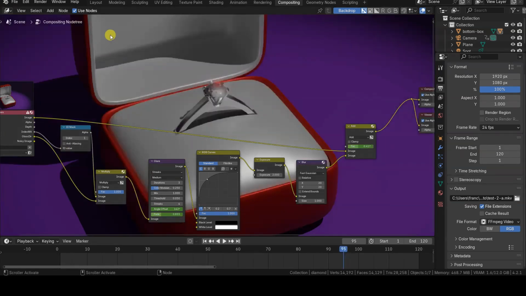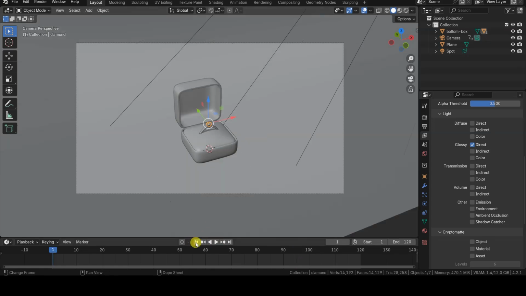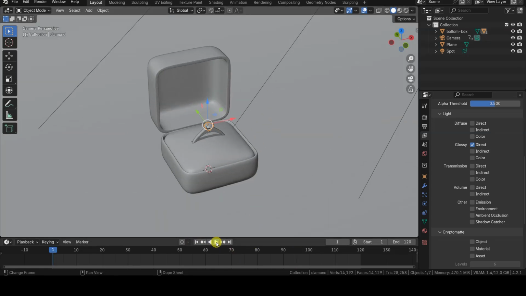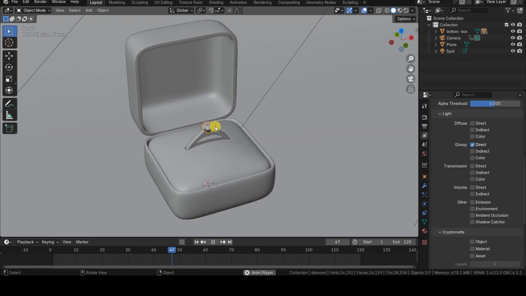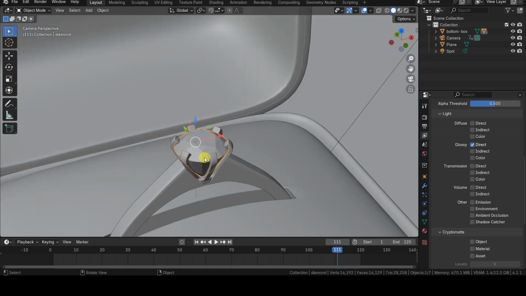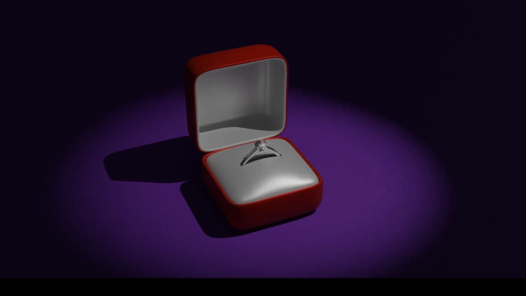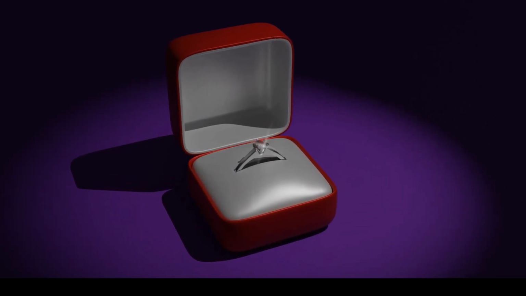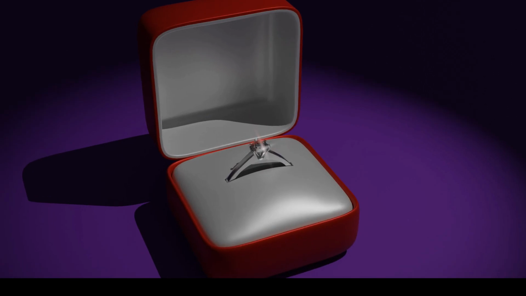The issue with this setup is that the rendered object is a diamond, and its specular reflections change significantly during the animation due to the many facets of the diamond and its refractive index. This results in specular reflections that vary greatly between frames. As a result, while the effect is technically accurate, it can be visually unappealing.